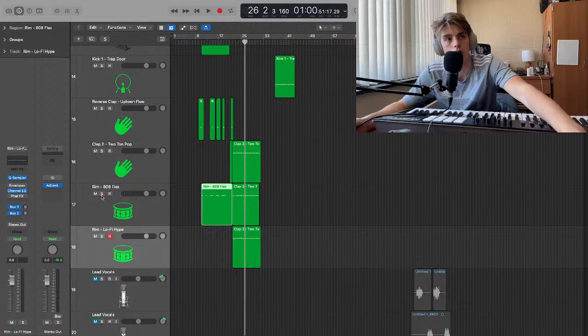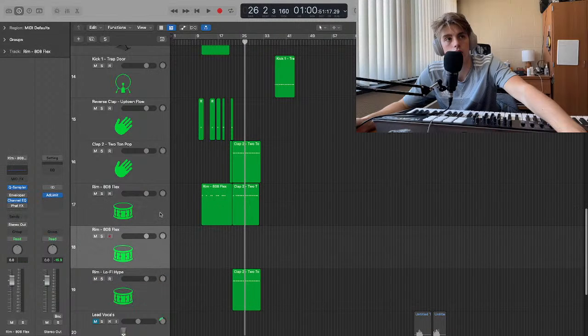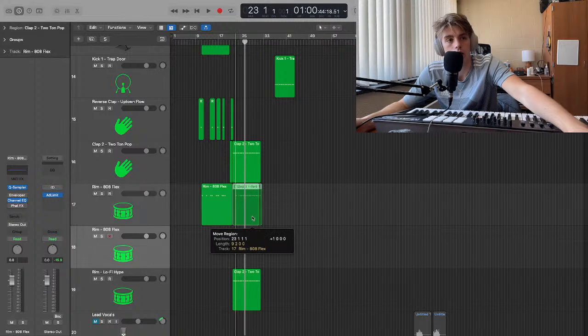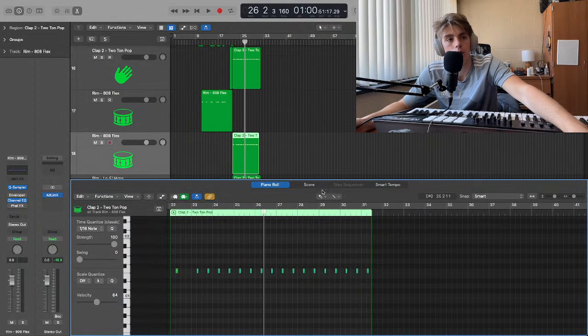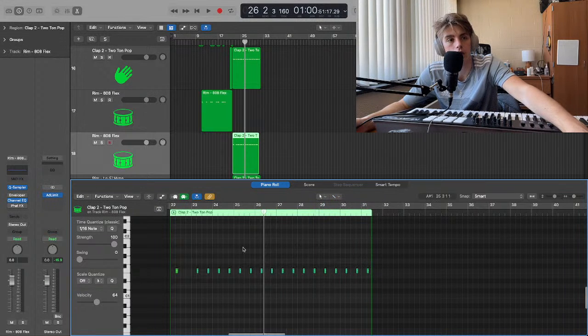So I don't think that needs to be that low. What I actually think I want to do is duplicate this track, and then take this guy down here and open this, and I'm not going to delete all of it. I'm going to use a little pointer here, and we're going to select all of these.